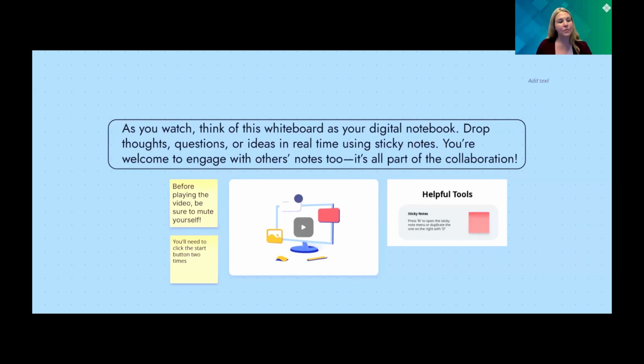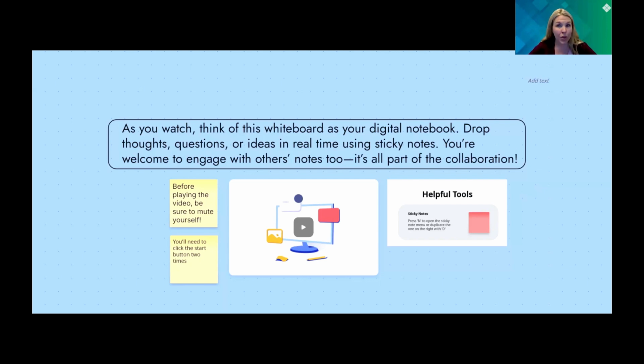One thing about the video. It plays individually. So if I play it here, it's not going to play for everyone. You are in charge of, or the student is in charge of, playing it on their own. So if you are on a Zoom session and you're going to say to your students, okay, I want you to watch this video and do whatever,